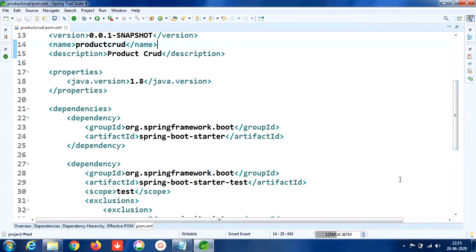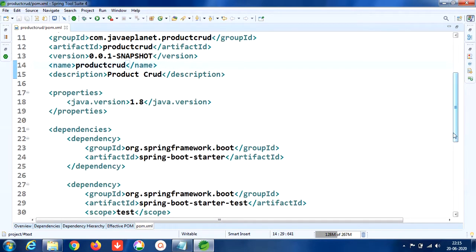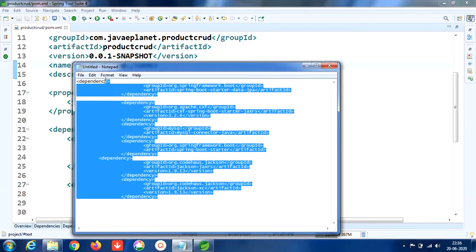Let me start adding the dependencies to the project so that we can start coding and start building the RESTful API. Here, to build the RESTful API, we need a few dependencies.